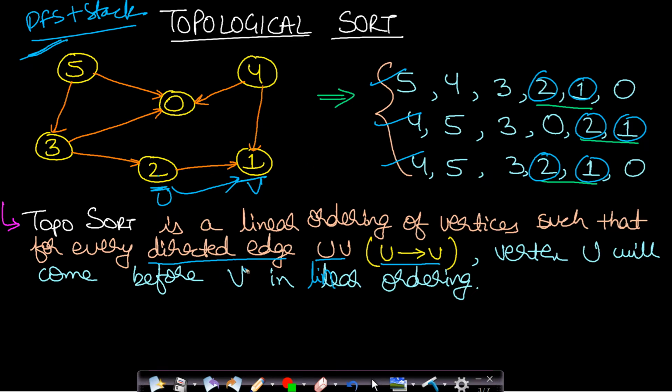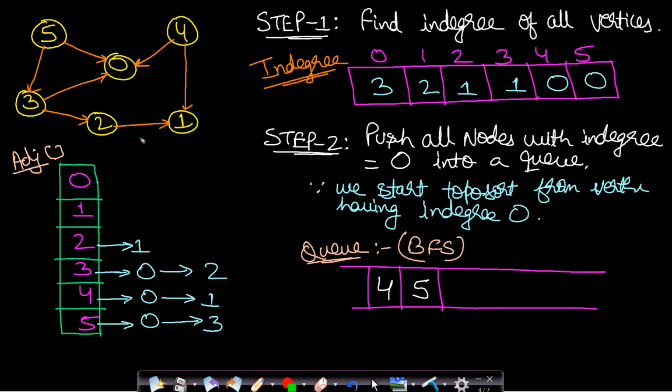Now how do we solve this problem? In Kahn's algorithm, we will be using BFS plus a queue. Now why do we use a queue? A queue is needed to keep track of the BFS calls. This is basically from the BFS implementation. If you do not understand this, then you should watch my video on BFS implementation. The link will be present in the description below.